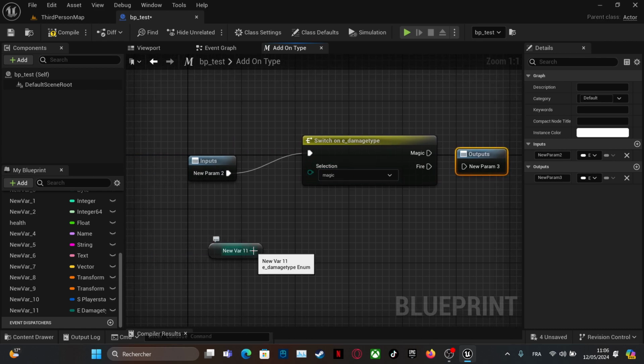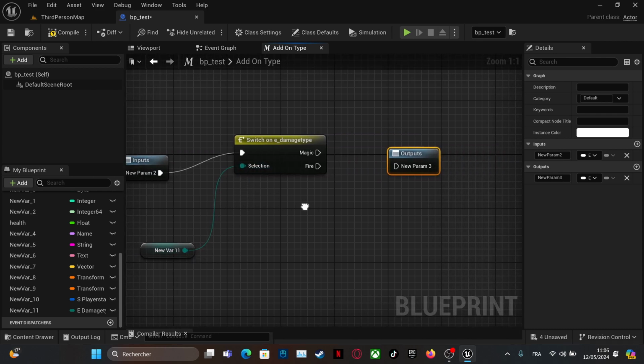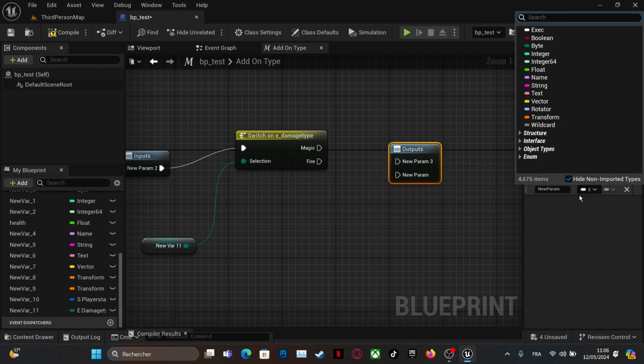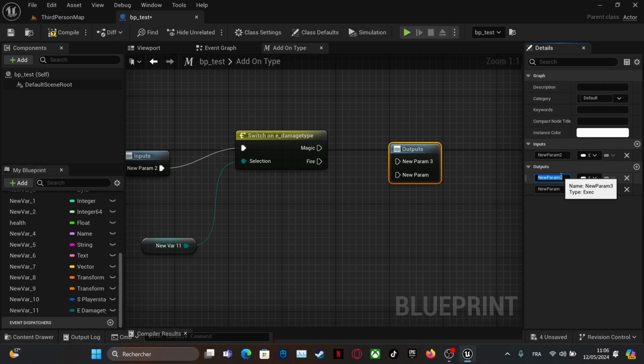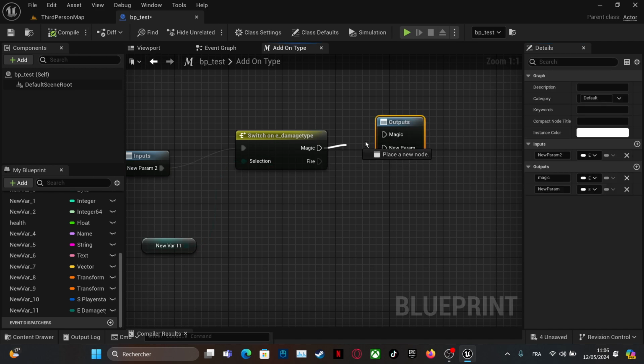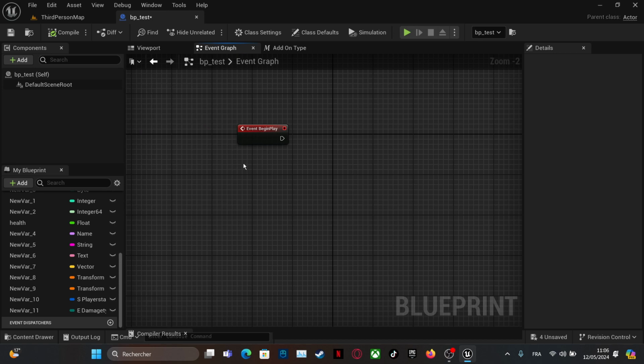So if it is magic, add a new output here. So give it here the magic, and here we name it fire. So we do an output here, and we do another output here, and we call our macro here.